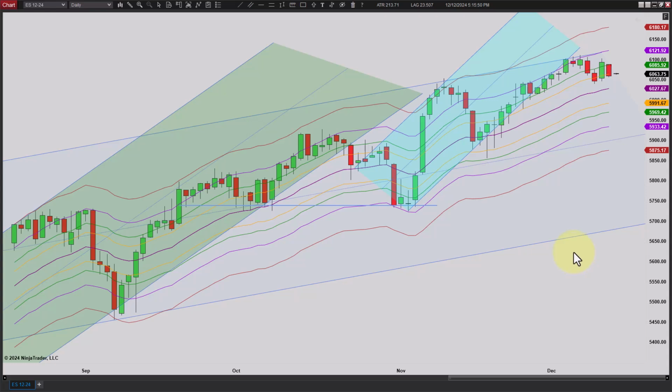We're coming into the holidays, things are going to get slow, so we may just work sideways. That may be what happens. We may continue to work sideways. We'll just have to see. We'll see what tomorrow brings, and we'll go from there. But just look at this chart. You would think we were going to make a correction here soon.